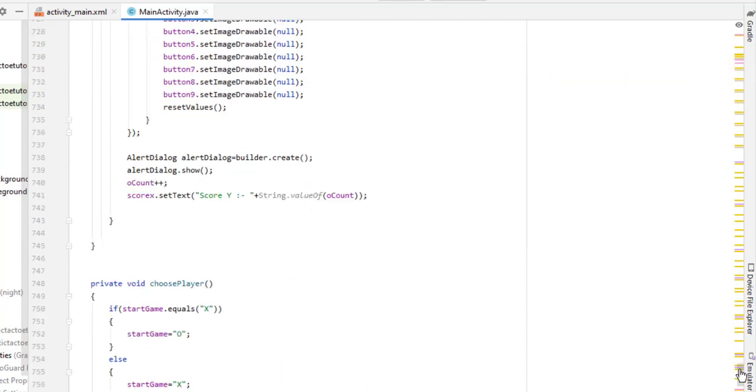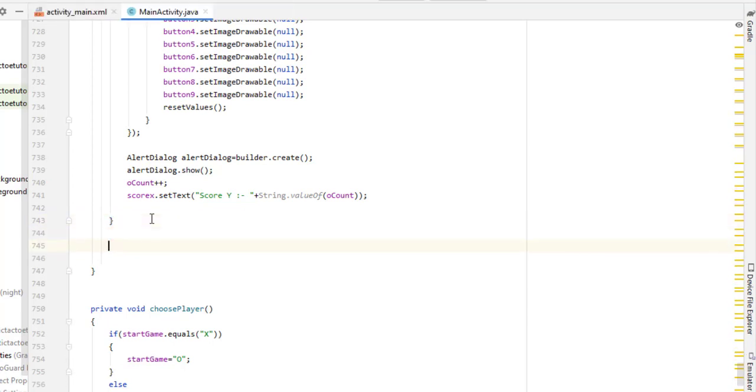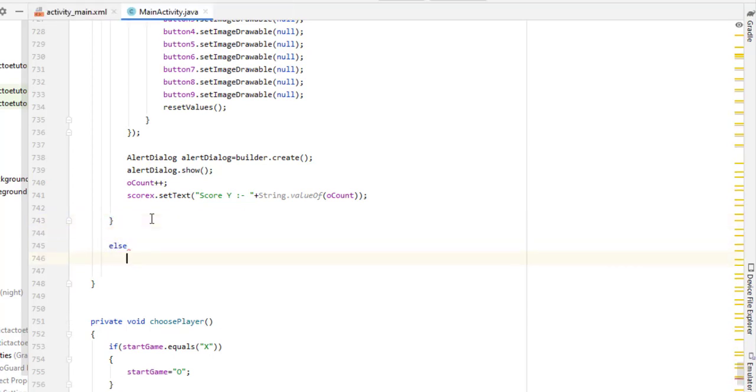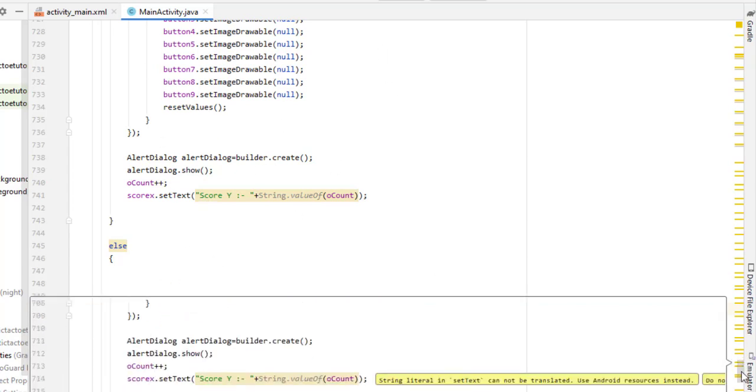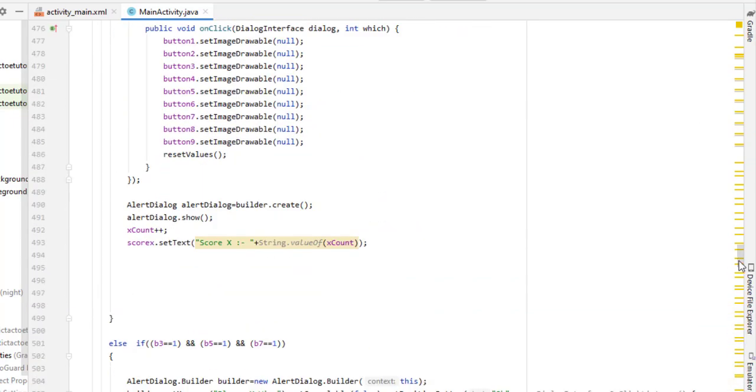Now only one case is left, our else. Inside this, simply type else and take 2 curly braces here. Now if no one wins, what do you have to do? We have to show a dialog box again, saying no one wins. But how can I identify that no one wins? So I simply take a variable i. If all of the above cases do not run, then it means no one wins. So after clicking on every button, the value of the i variable is going to increase.